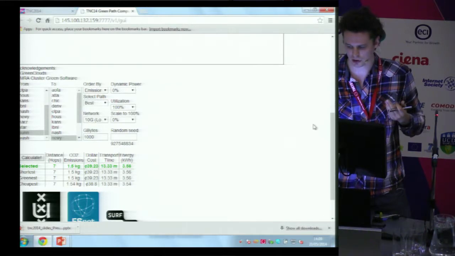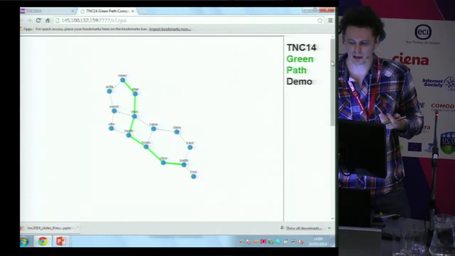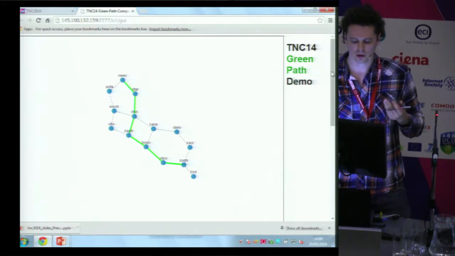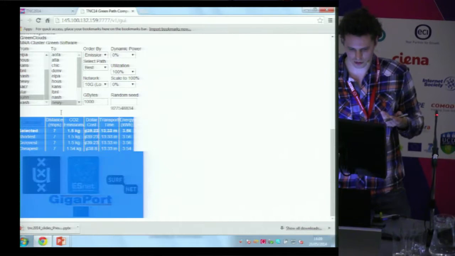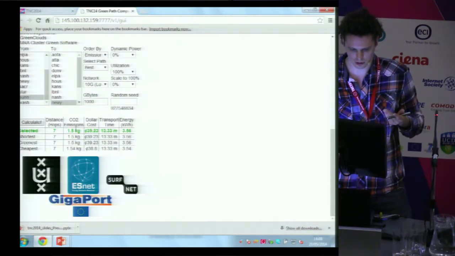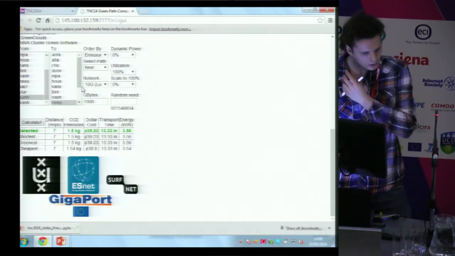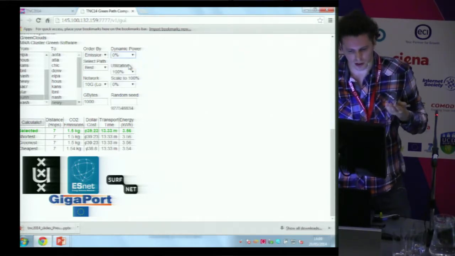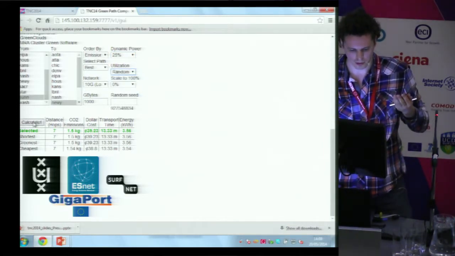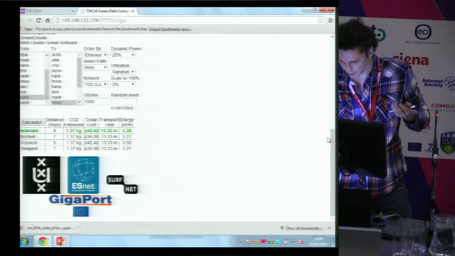So this is the current situation. The devices have no power dependency at all, so no, they're not energy proportional. If you see here, there's no difference. Now suppose the devices have a certain amount of dynamic power, then you have